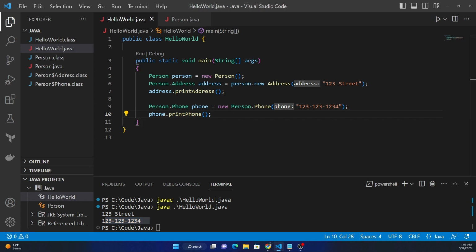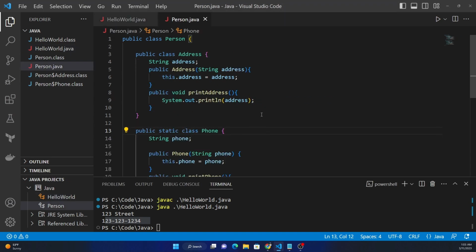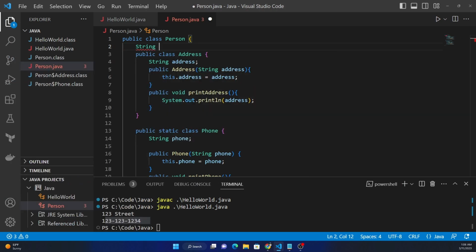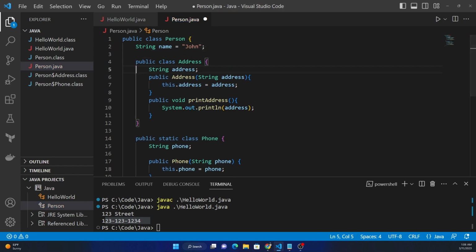So this is how we can declare inner classes. Now, one thing to keep in mind for inner classes is if there are variables at the top level class, for example, String name, and let's declare the value here also. So John is the name. Now here, this inner class will have access to the name. So it can say name